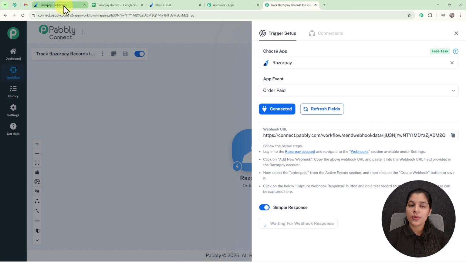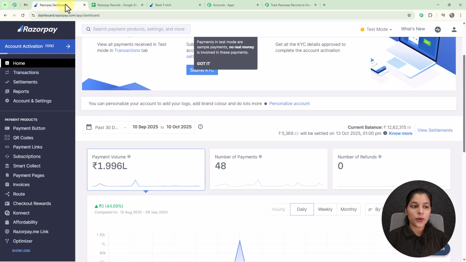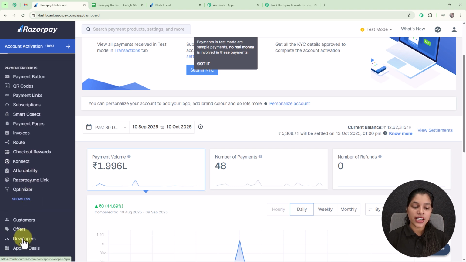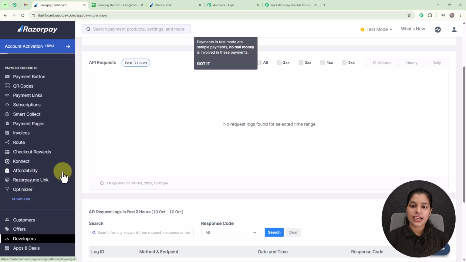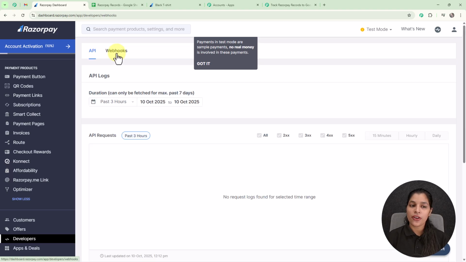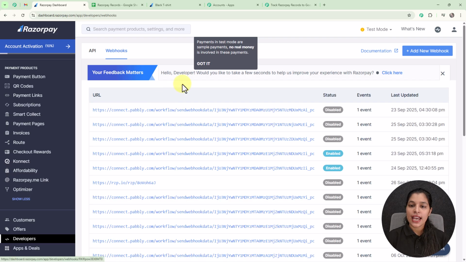Now let's move on to my Razorpay account which I have already opened, and here on the sidebar you can see we are getting the option for developers. So you just have to select it, and afterwards you will be landed to this developers page where we are getting the option for webhook. So you just have to select it, and afterwards you simply have to click over this add new webhook,